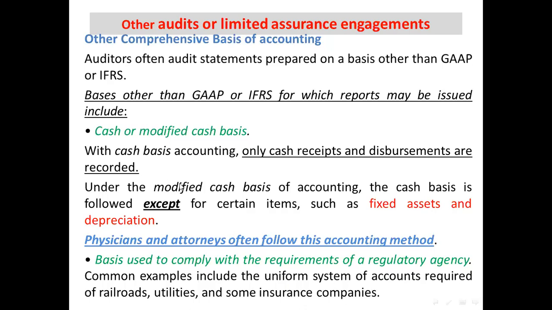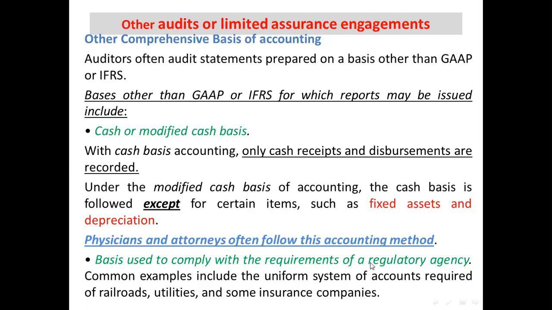Anyway, here the management may present the financial statement based on the cash basis instead of the accrual basis. So the company here uses another comprehensive basis of accounting, something other than the common GAAP or common IFRS framework. The second type of other comprehensive basis of accounting is where the company may use